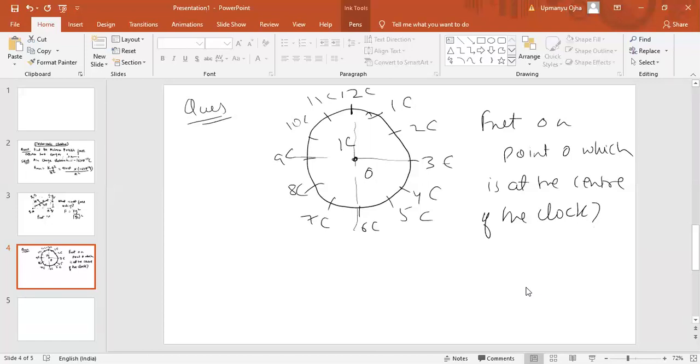So this is basically a clock. In that we have placed 1 coulomb charge at the center. Then we place charges on the edge of this clock: 1 coulomb, 2 coulomb, 3 coulomb, like this. You need to find the net force acting on the center charge. Try to solve this problem. This is a very good problem of electrostatics.